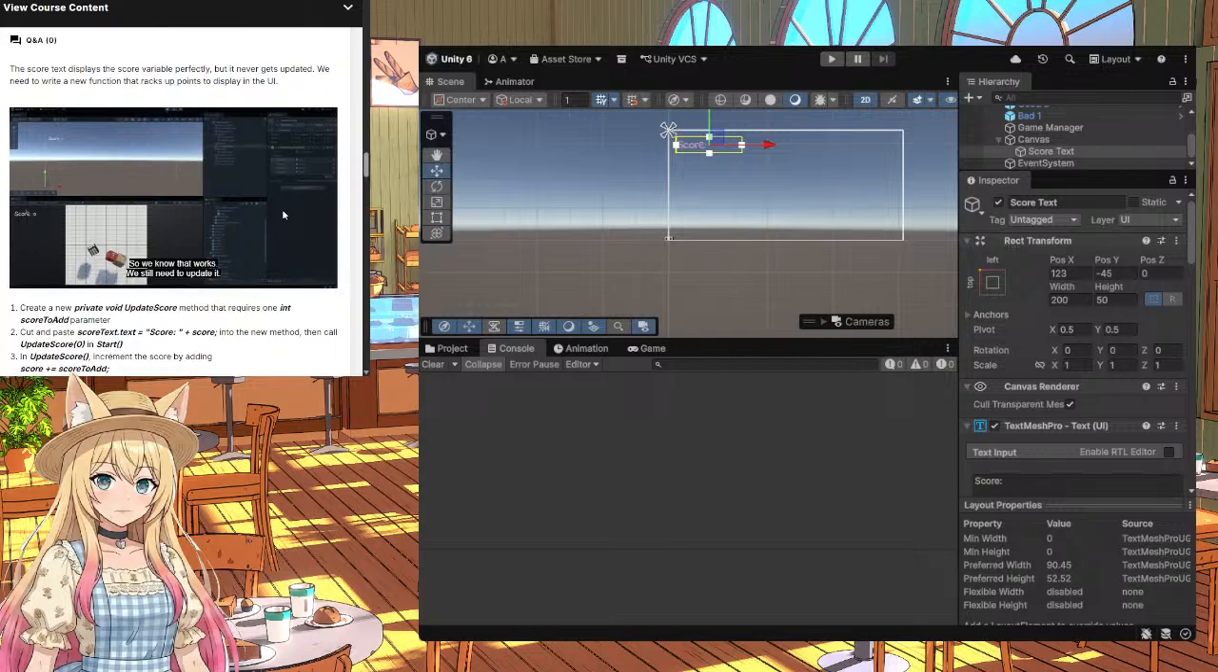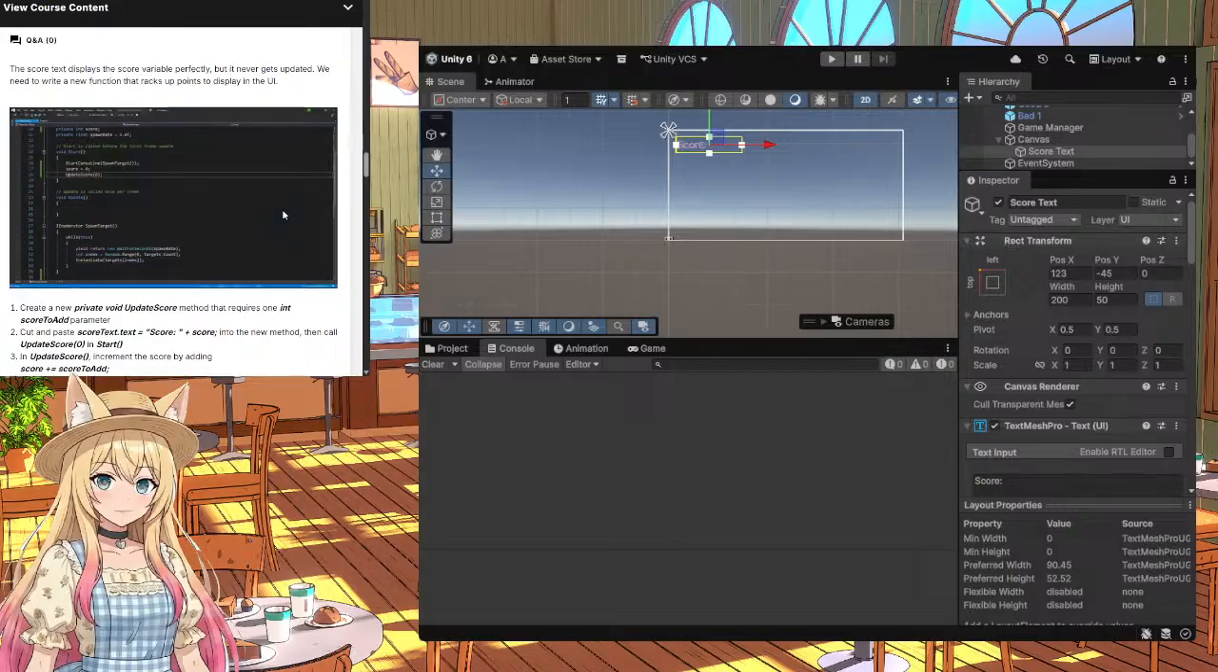You should just see 0. Cool. So we know that works. But we still need to update it. So I definitely think a good place for our score in our game manager is probably whenever we spawn a target. At least just for now, just to